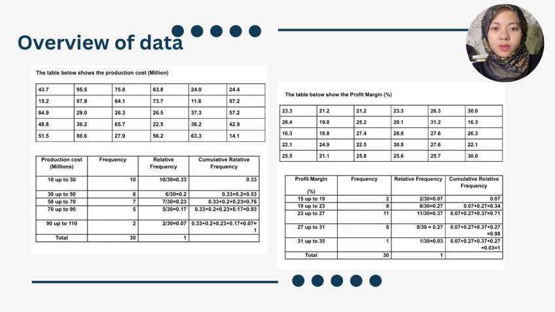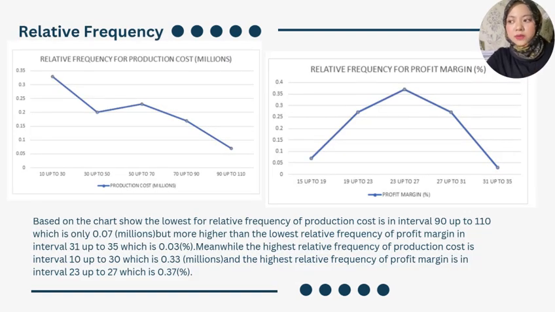So this is the overview of the data. First, for relative frequency, based on the chart, the lowest relative frequency of production cost is in the interval 90 up to 110, which is only 0.07, but higher than the lowest relative frequency of profit margin in the interval 31 up to 35, which is